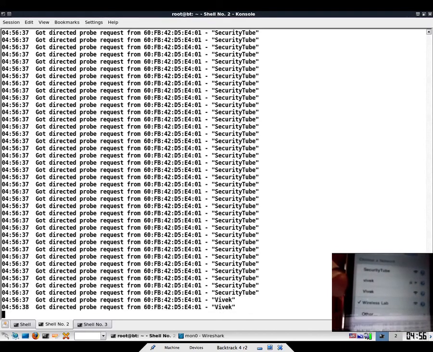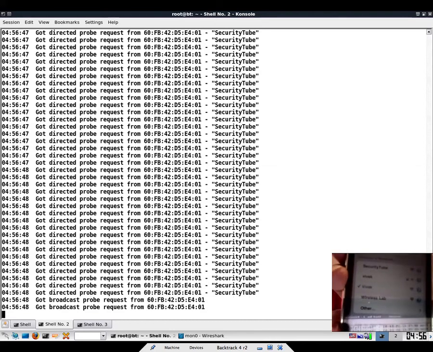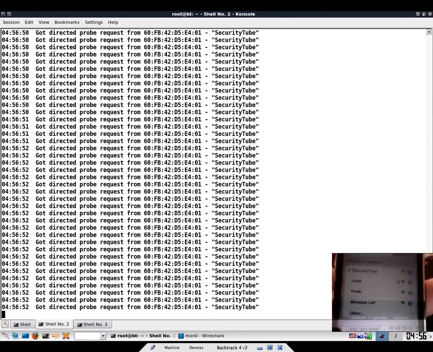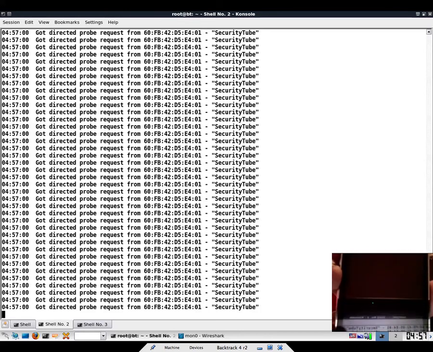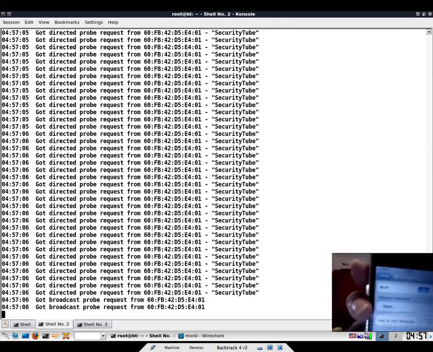So here is what is interestingly happening. The client has 3 networks stored in its PNL. One is SecurityTube, the other is Vivek, and the third is Wireless Lab. Now the client is sending out these probe requests for all of these networks. And what is happening is the Airbase NG tool is responding with probe responses and also with the respective beacon